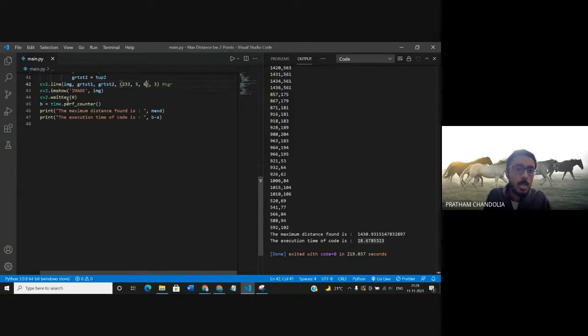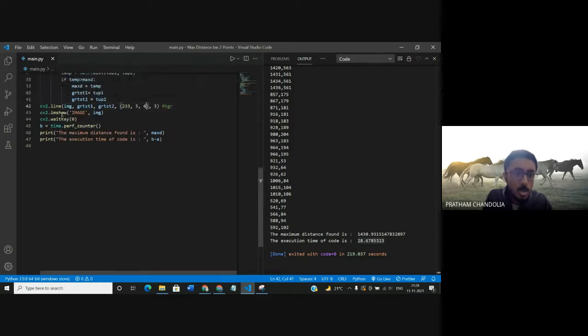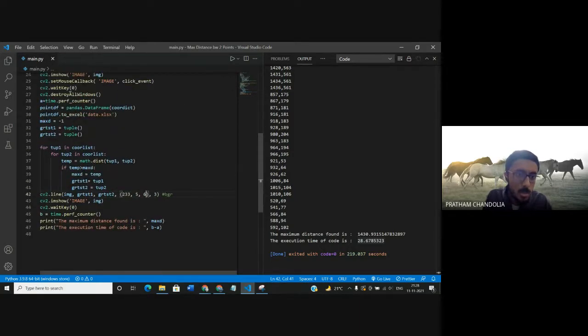Then I've shown the image again. Then I've again used the waitKey function so that I can show the user this is the line, and then I will press any key and the window will disappear. And again, I've calculated a time here. So this was our main algorithm.